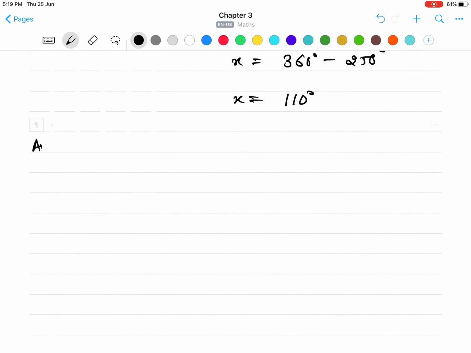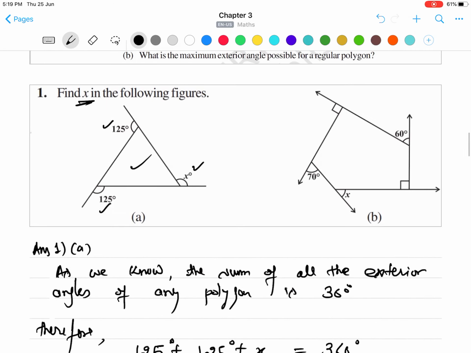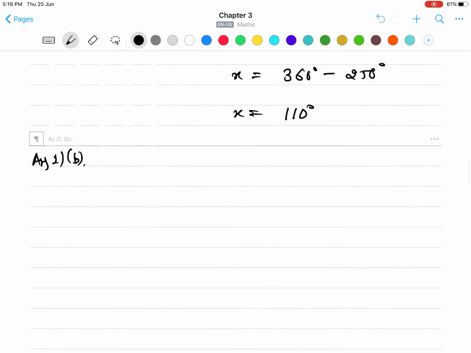Similarly, write answer number 1 part B. Now again this figure has a total of 5 sides: 1, 2, 3, 4 and 5. That means it's a pentagon, but it's not a regular pentagon. In this we are given the measure of its 4 angles. This one is 60 degrees, this one is 90 degrees, here is 70, then x, and as this is perpendicular here, this angle is also 90 degrees. So we'll add all the angles and it should be equal to 360 degrees. So write, as we know,